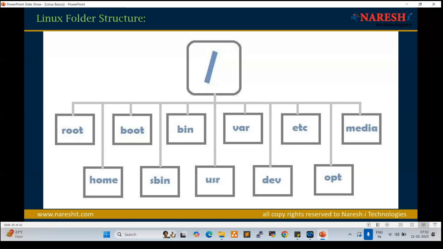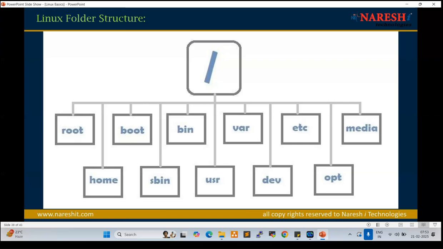But on top of these folders, there is a slash, which is the parent directory. When we call root, we call it slash root. When we call boot, slash boot. When we call bin, slash bin, slash var, slash etc, slash media.